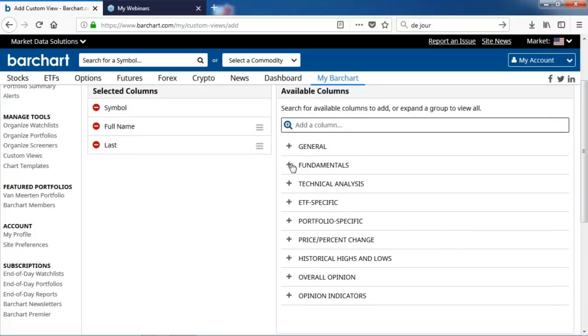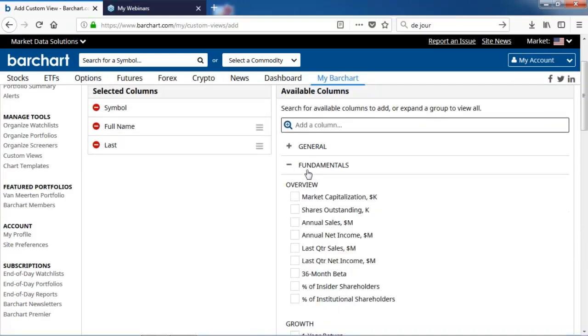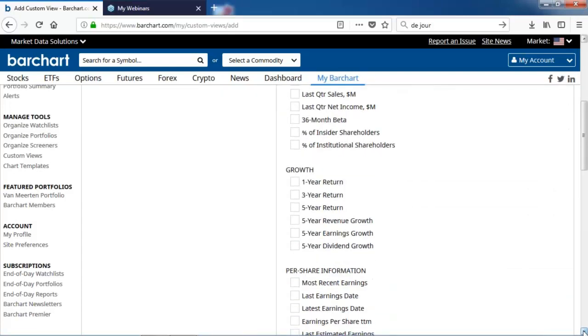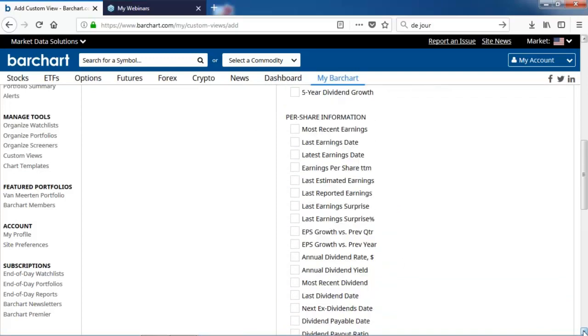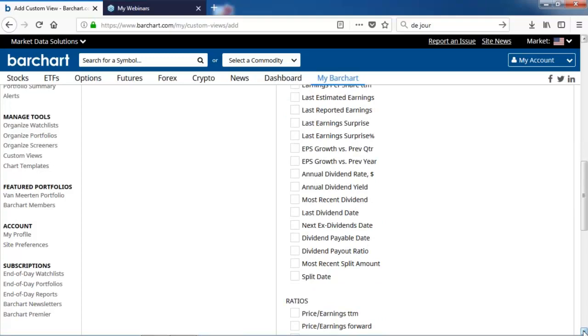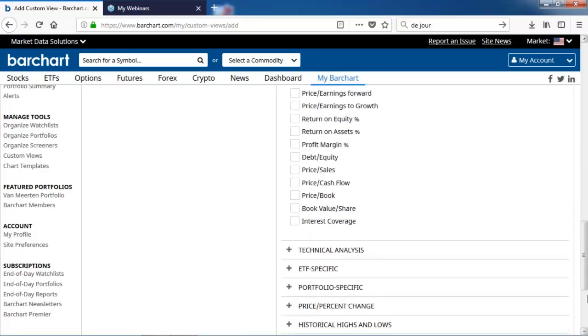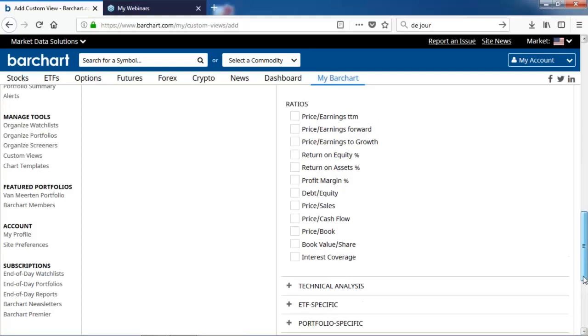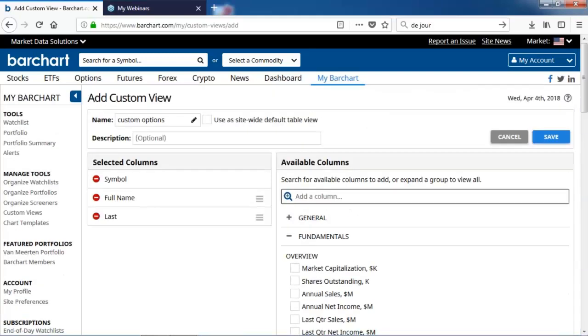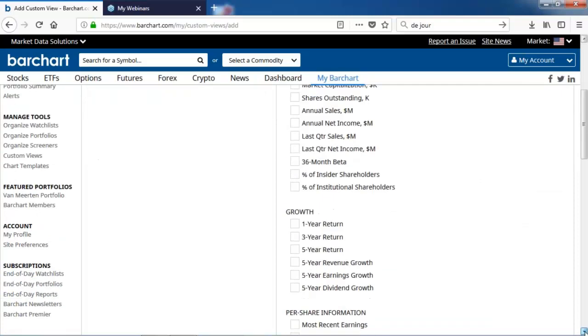And I want to look at some of these fundamentals. Here you're going to get into the sales, the net income, the growth, estimated earnings, earnings growth, ratios, PE ratios. So there's a lot of information that you can choose from to customize your columns, to make your columns have the data that's important to you.